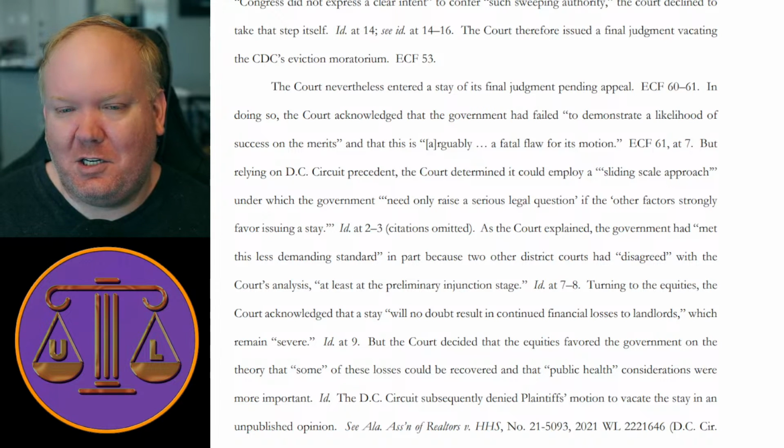But relying on D.C. Circuit precedent, the court determined it could employ a sliding scale approach under which the government needs to raise only a serious legal question if other factors strongly support a stay. As the court explained, the government had met this less demanding standard in part because 2 other district courts had disagreed with the court's analysis, at least at the preliminary injunction stage. Turning to the equities, the court acknowledged the stay will no doubt result in continued financial loss to landlords, which remains severe, but the court decided equities favor the government on the theory that some of these losses could be recovered, because one of the things